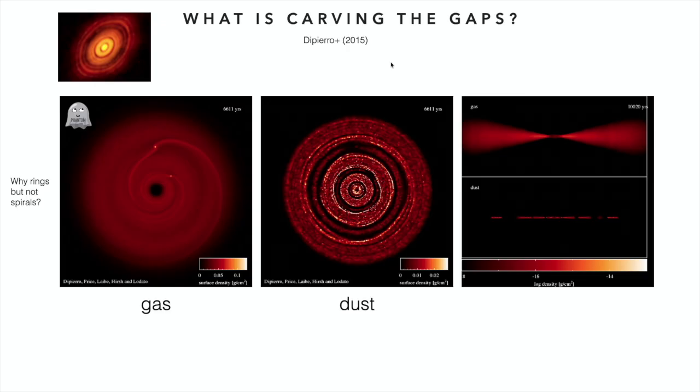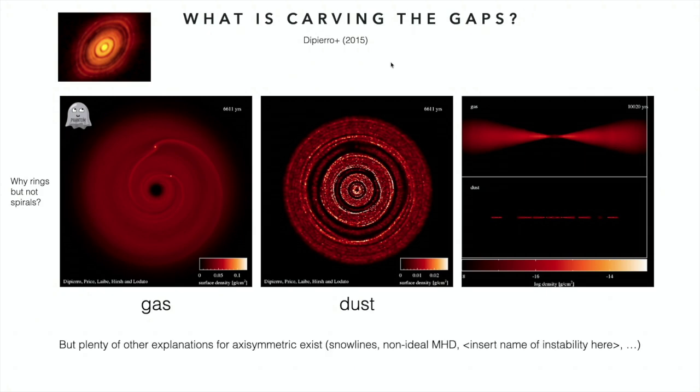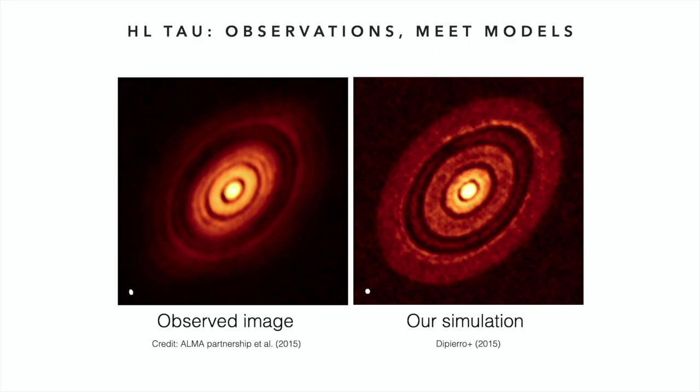So the reason you don't get spirals in the millimeter is just because you're carving gaps in the thin dust disk, and therefore, just like dropping the sound speed, you don't have a big opening angle on your spiral arm. All right, so that's what you really observe. And so, we started playing this game, and there are lots of other models. But you can really line this sort of thing up, and that's kind of where we started in this game, is trying to line this thing up.